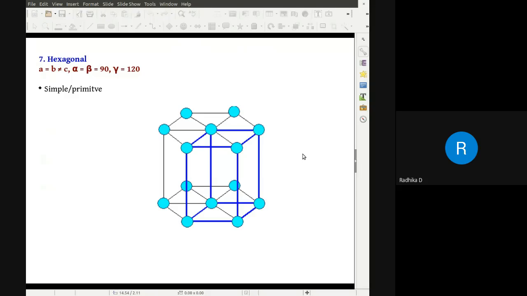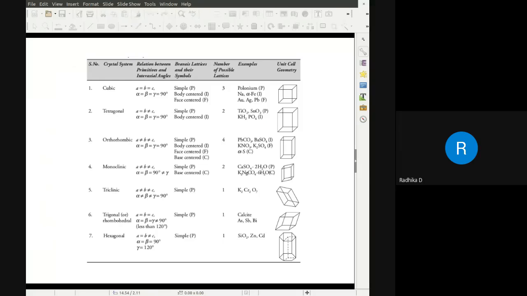You call them all in one term, that is Bravais lattice. So I just put this one. This is from the Wiley book. I just shared the one in the classroom. So this is just a summary of all those things, just drawn in different ways. So this is the hexagon. This is starting with the cubic to the hexagon. Okay, and all the relations are given. You should know the main thing, how many ways of arranging atoms, that you should know. All right, so example is not mandatory. If you know one each, it's fine.